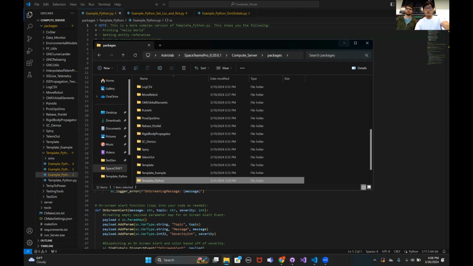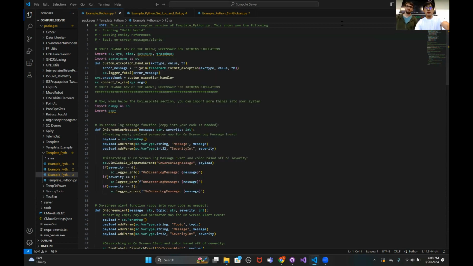Okay, so opening that up inside of our Visual Studio Code. One of the first things that you want to notice is that we have some nice highlighting with Space Teams, and that's because we've set the Python interpreter inside Visual Studio Code to be pointed towards the Python within Space Teams. That's a little bit deeper within Space Teams. The easiest way to do that is to just go here and in your Explorer,